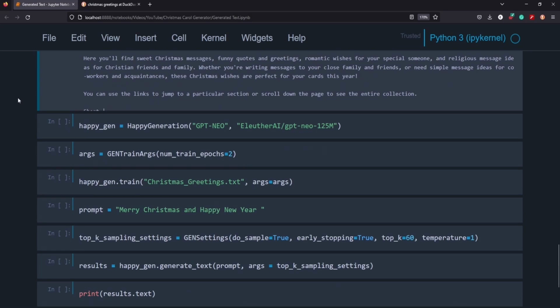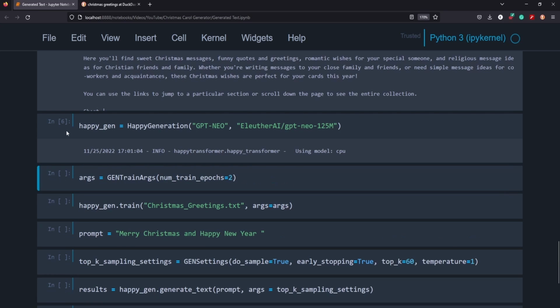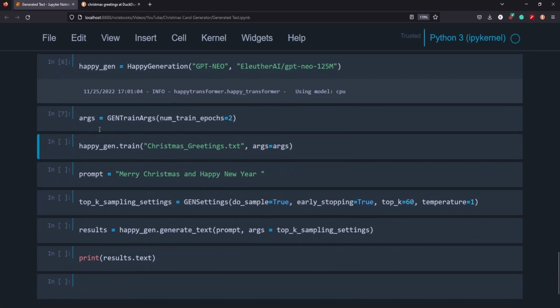And once you've gotten enough text in a text file, let's go ahead and get our GPT-NEO. We're going to get the 125 million parameter model because it's a little smaller and it's easier to train. We're going to assign that to a variable called HappyGen. We're going to use some args and play around with the